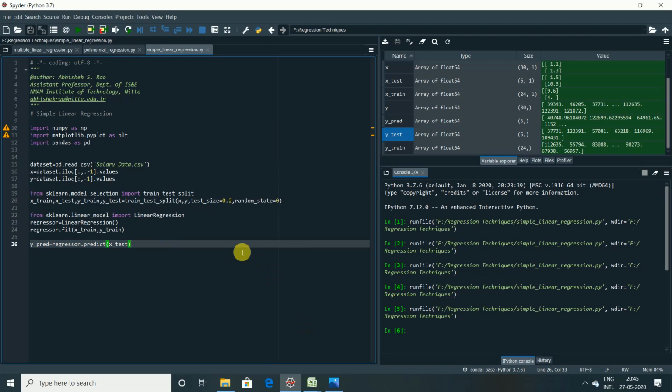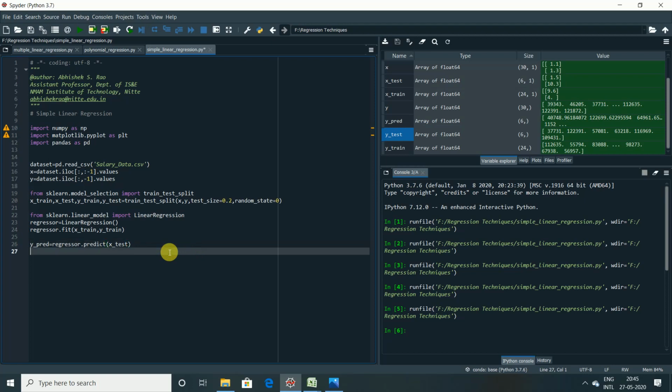So basically we have a 2D plot where the x-axis is the number of years of experience and the y-axis is the salaries. We'll plot it in red points. What are these red points? These red points are none other than the observations. And the blue straight line that we are going to plot is none other than the predicted salaries.